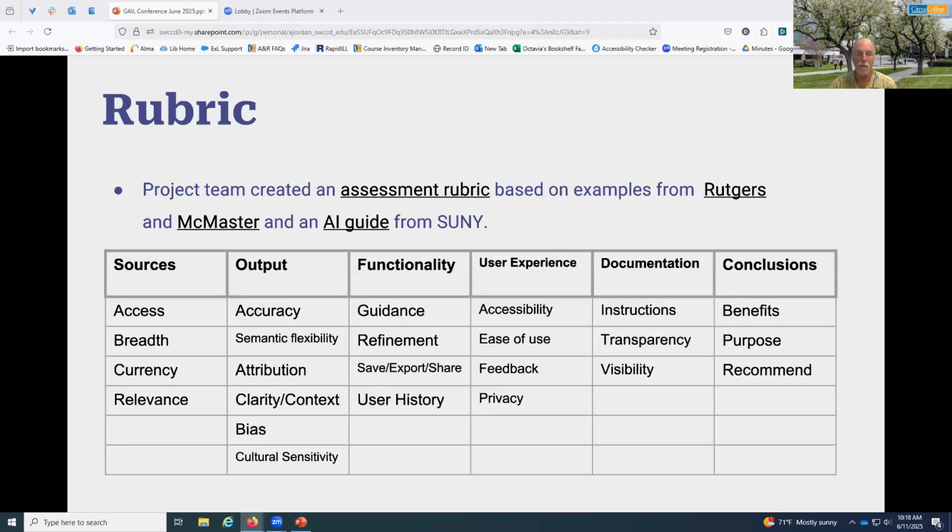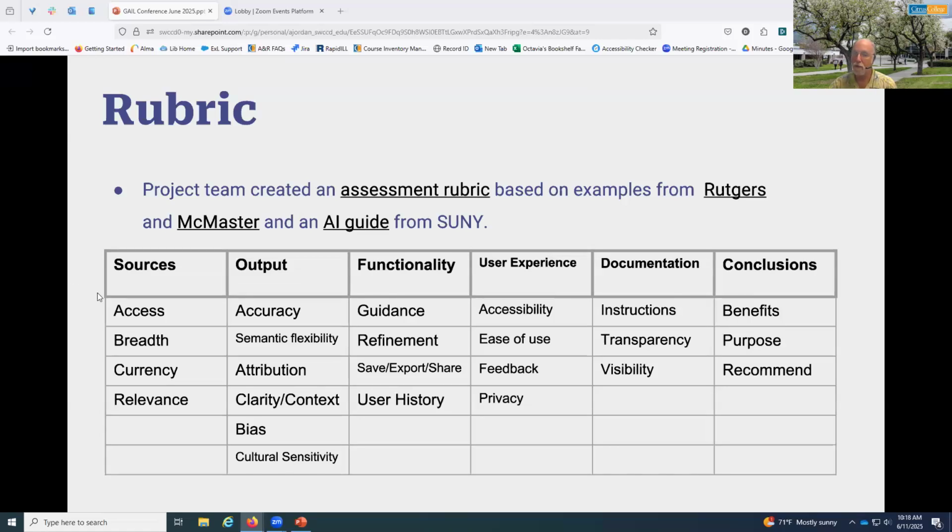And as mentioned, the React framework from Archambault and Rincon was one such rubric that we came across. And we also found rubrics from Rutgers and McMaster University libraries helpful. And we used these resources along with the SUNY AI guide to develop our own rubric with the 21 criteria across 5 categories you see here, and then some summative conclusions.